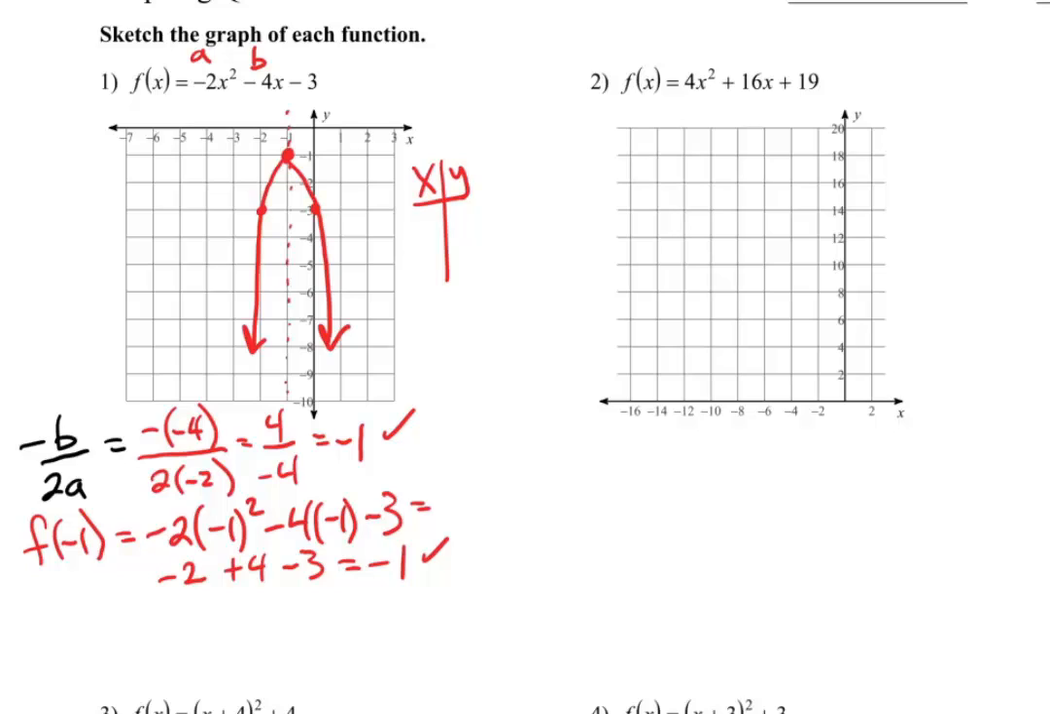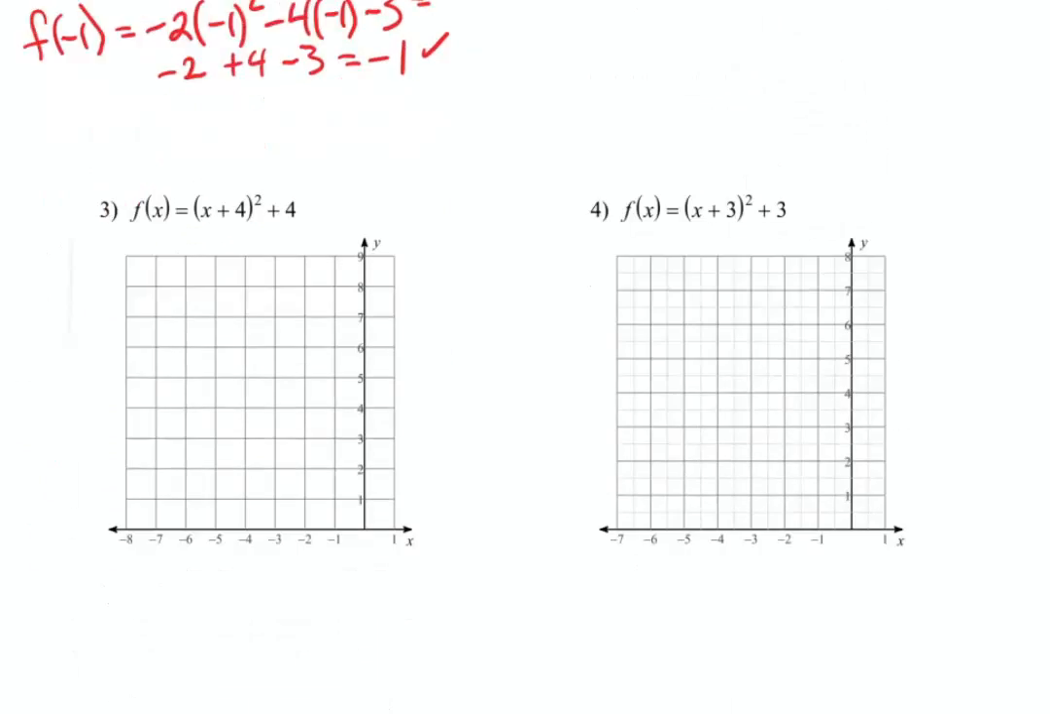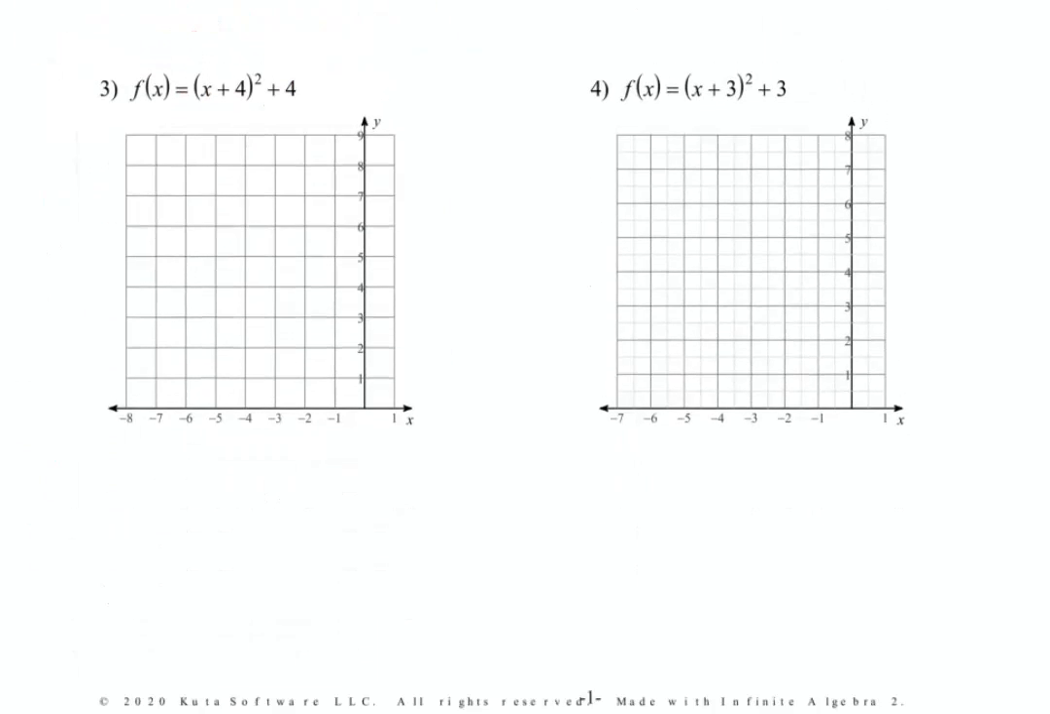Try number 2. Now number 3, I've got a different form of the equation. This one's going to be a lot quicker because when I look inside where the x is, I see x plus 4. That tells me that the opposite of that number, or minus 4, is where the axis of symmetry is. So somewhere along here,